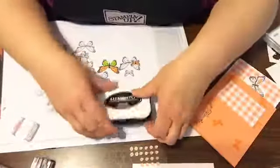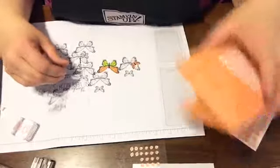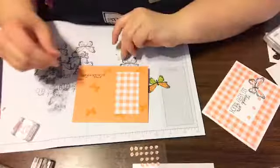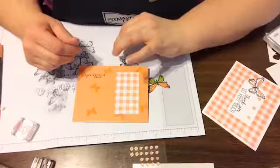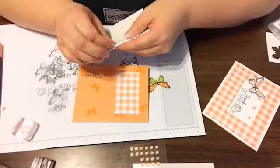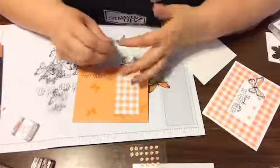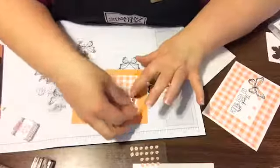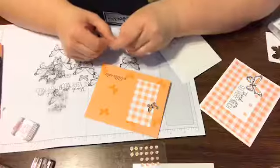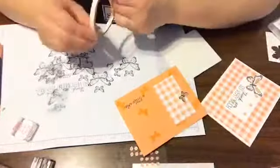Okay, now I'm going to do the same type of thing that I did before. So I'm just going to put a dimensional on the back of the mini butterfly, and it's going to go here. And then this one I wanted to do differently. And I'm putting tear and tape on the